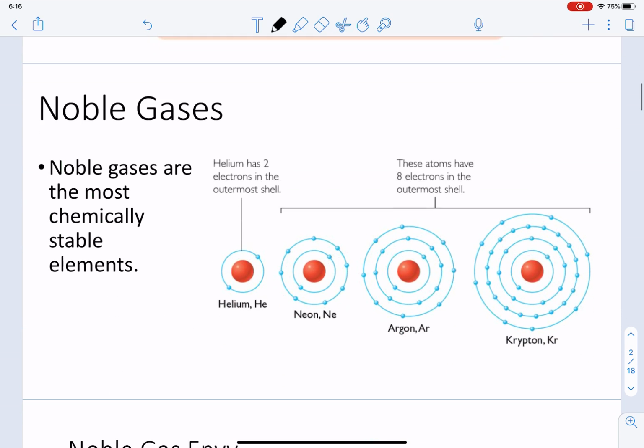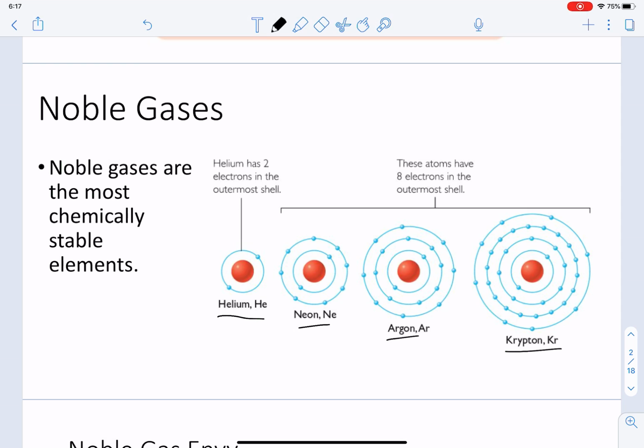Because if we take a look at the molecular view of noble gases, we can see that we have helium, neon, argon, krypton. Their electron shells are completely full. Okay, so that means when the electrons are filling the entire outermost shell, you have an extremely stable element. And stable elements do not want to react with anything else because it's doing all right. It's doing well. It doesn't need anything, right? So it's kind of like if you would make a trade when you're not getting back anything that you need, right? Neon, argon, krypton, helium, they all have enough electrons to be stable, so they do not want to trade